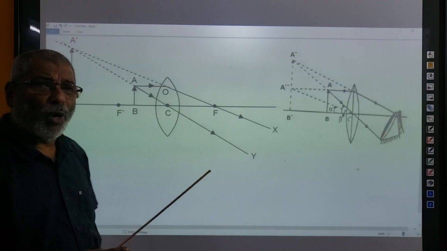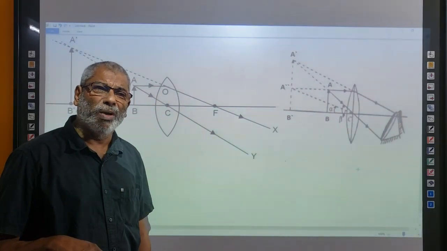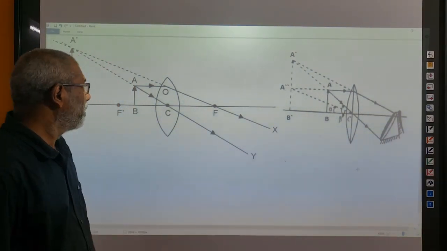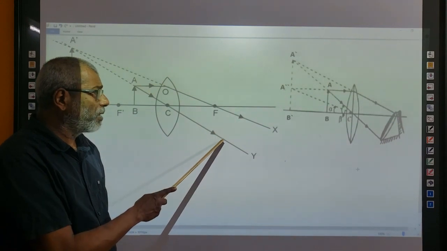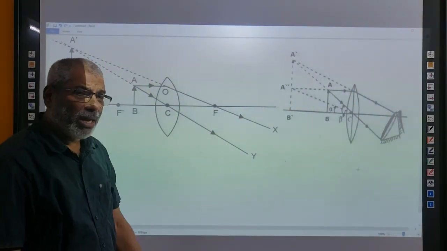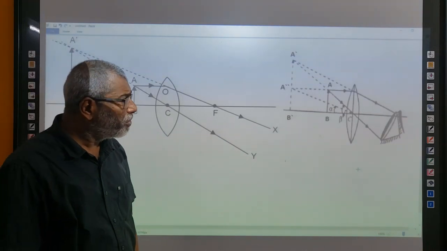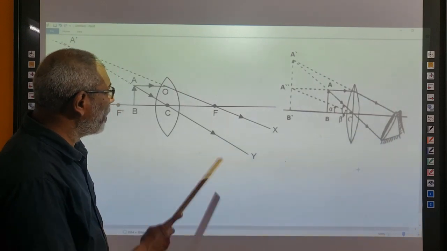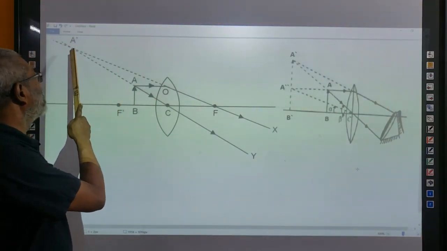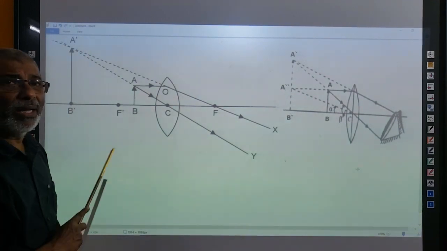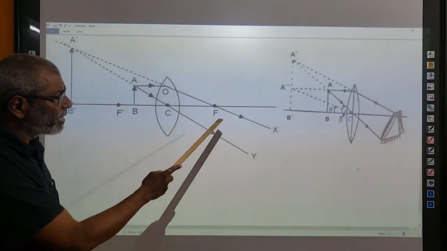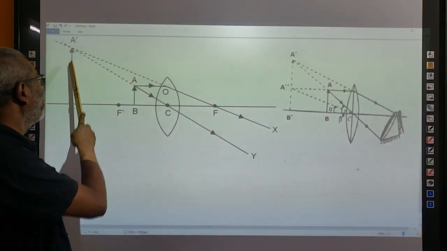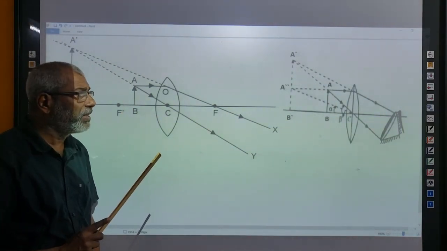Everybody knows that when an object is placed within the focal length of a convex lens, a real image is not possible to be obtained on the other side. Because the refracted rays emerge going wider apart and can never meet together, a real image we cannot obtain. But when the refracted rays are produced backwards, we get an enlarged erect image of the object. If we set our eye at this point, the image of the small object can be seen very clearly on the same side as the object.